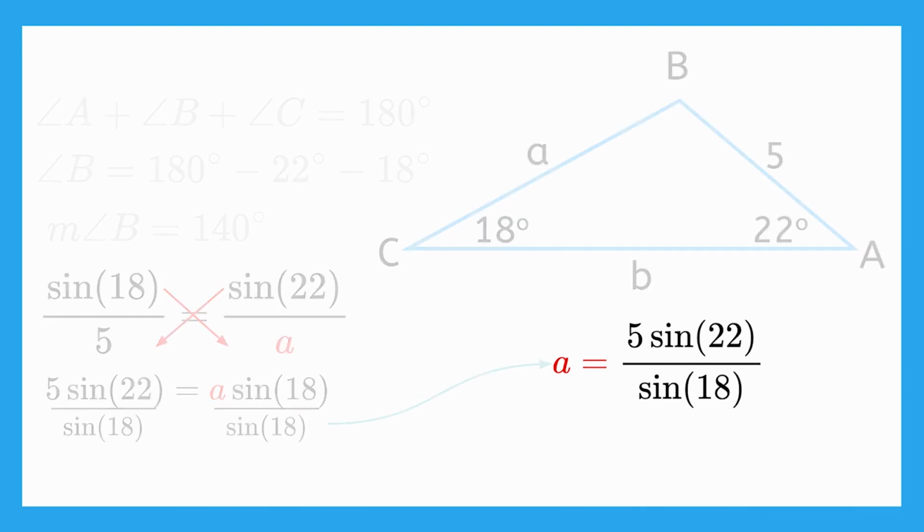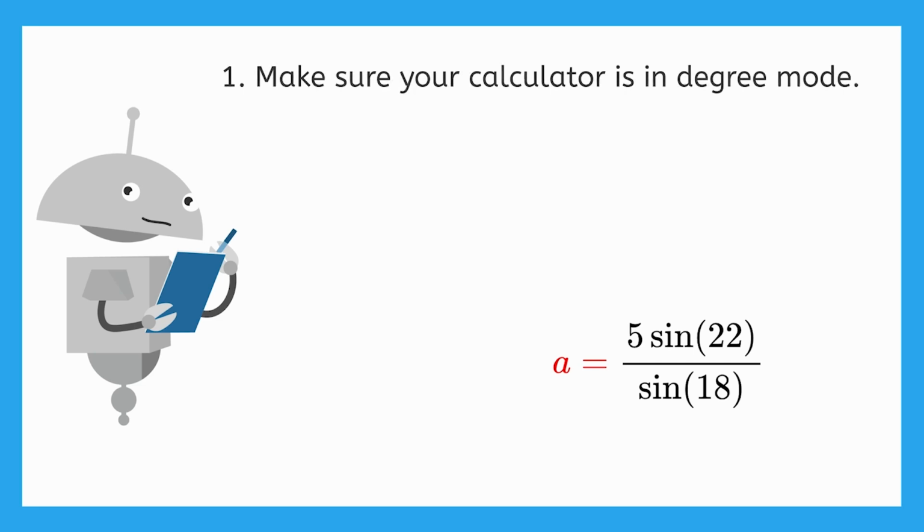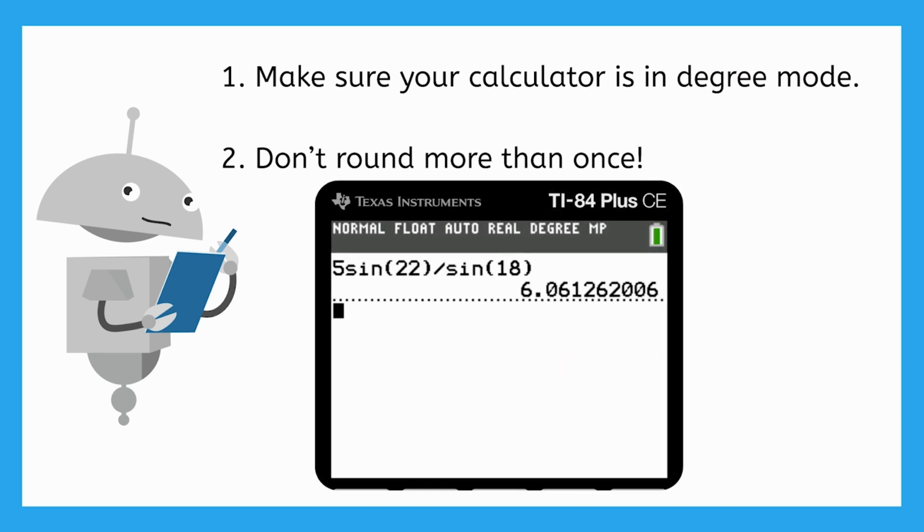There are two things to note before we plug this in the calculator. First, we need to make sure our calculator is in degree mode. And second, to preserve as much accuracy in our answer as possible, we don't want to round more than once. So we should enter 5 times sine of 22 divided by sine of 18, instead of doing this calculation in 2 steps. So A equals